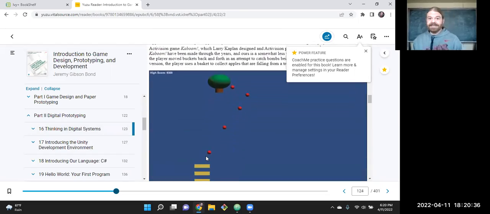Yes. So there's the finished version. They didn't necessarily do anything super fancy. The apples are just spheres coming down, hitting the bottle, or falling into the basket, and the trees there. But we've looked a little bit at graphics, and trees are a really common thing, right? That's something we're going to want in a lot of games, usually in the background, but we probably want our trees to look a little bit better than that.